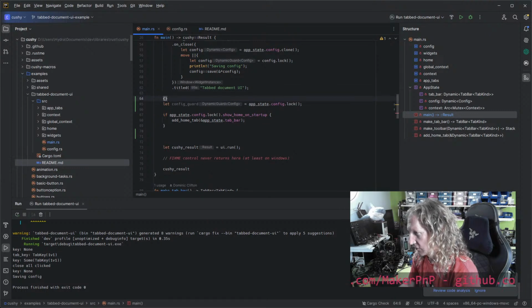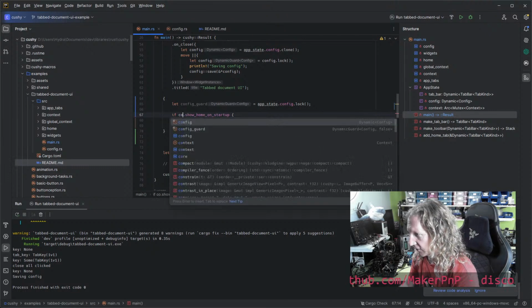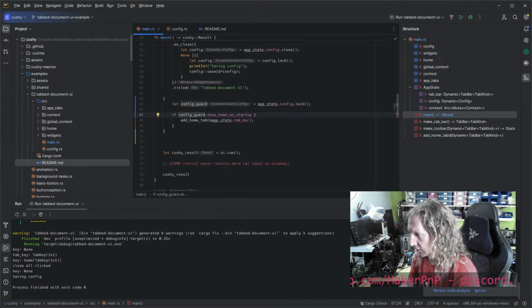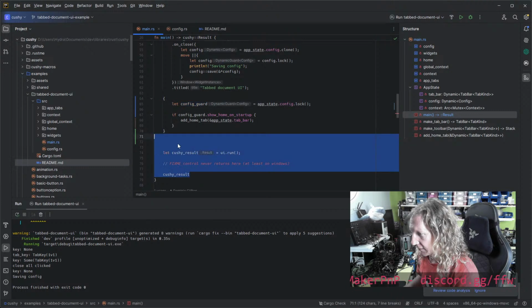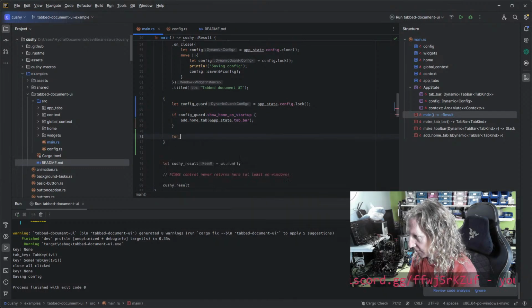And then I suppose we need to put this in a block so that it's released. That way we don't need to do this multiple times. Config guard. Because we don't want this guard to live as long as the application. It needs to be released before we run the application, right? Yeah. So then we can go for